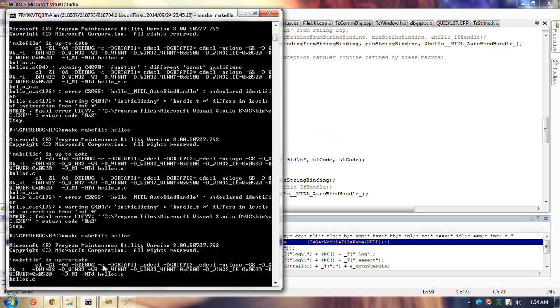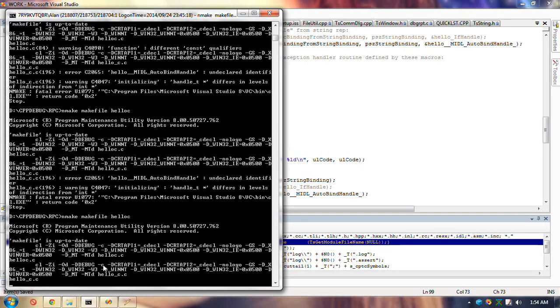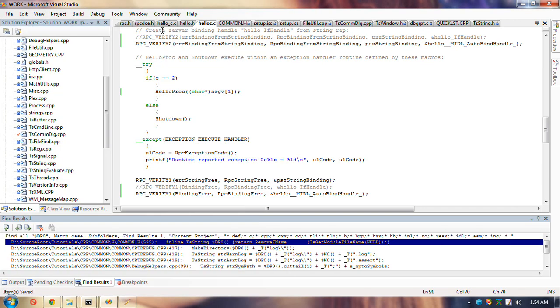Now the other one, it's got to come up with a linker error. Now what's wrong with handle T or underscore C? Wrong file.